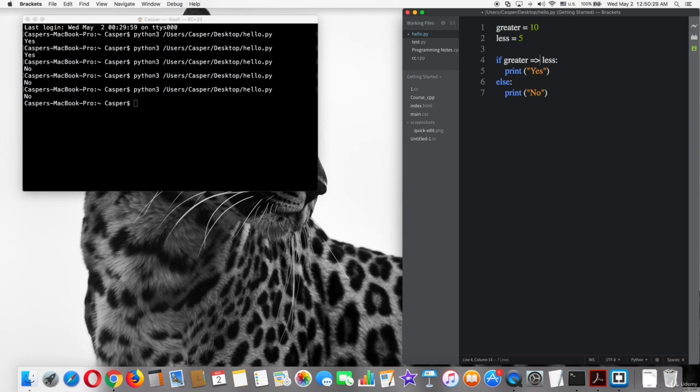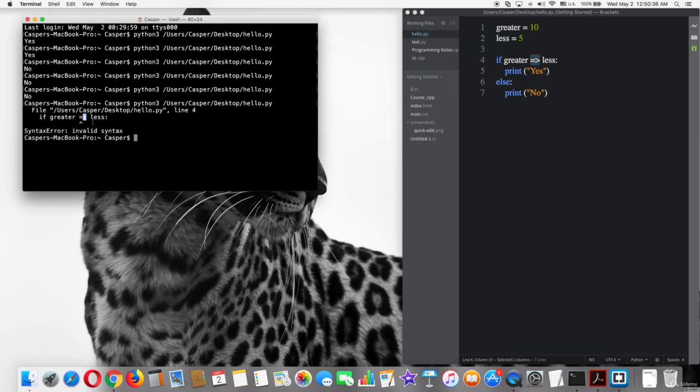It should be after the greater or less than signs, not before, because it will print error in the terminal